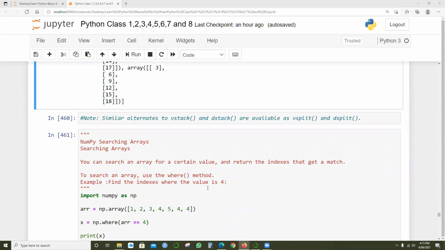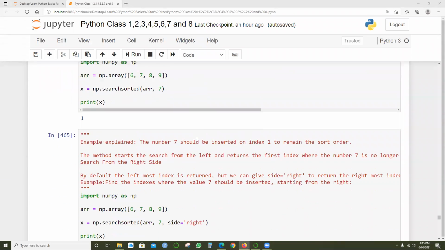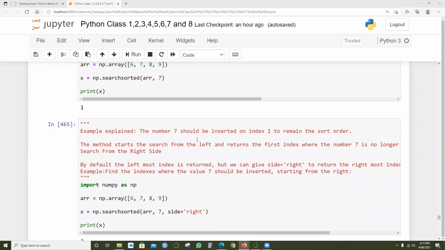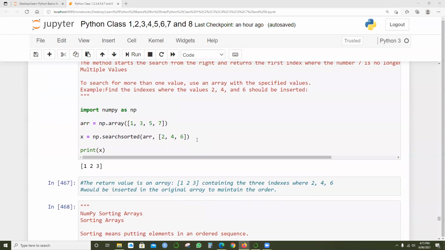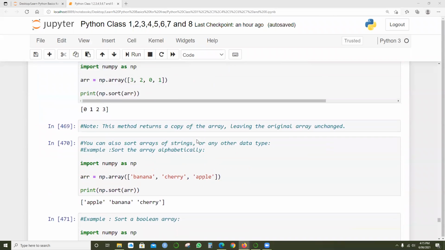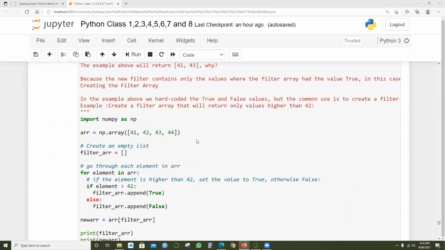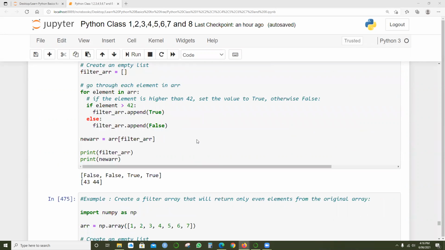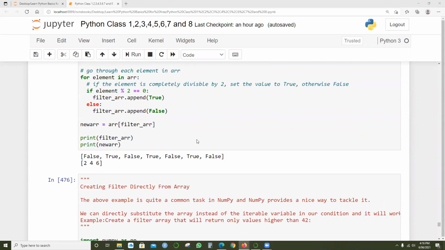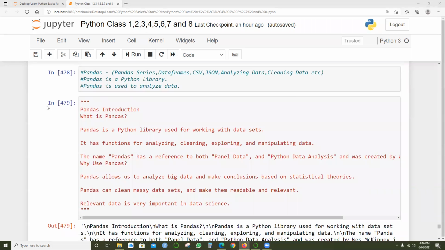Okay, so let's pick another few examples. We are at line 461, right? We got some more examples of arrays, then sorting. I've added some examples over here, like sorting and filter, and then pandas from line 478 onwards.